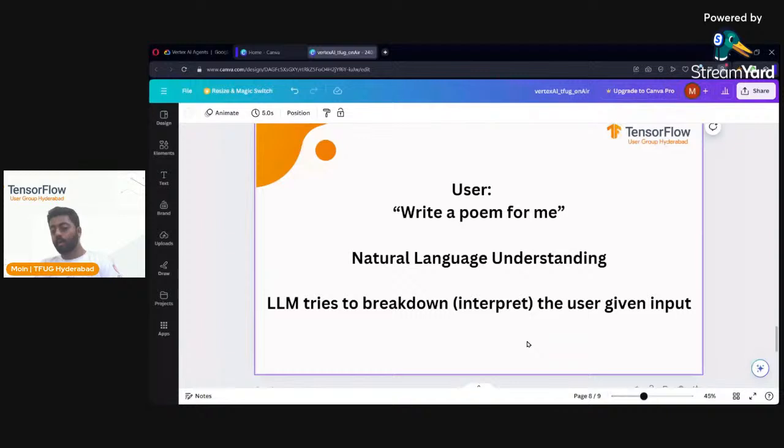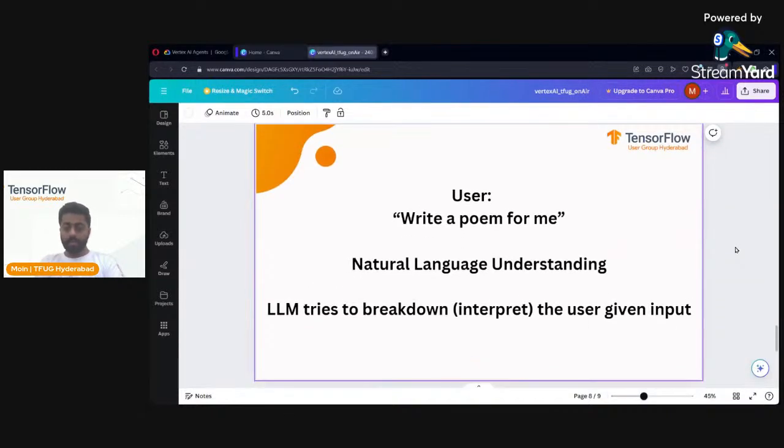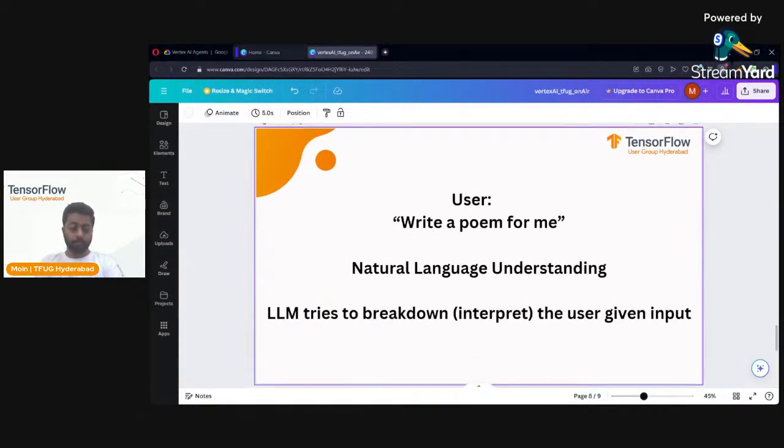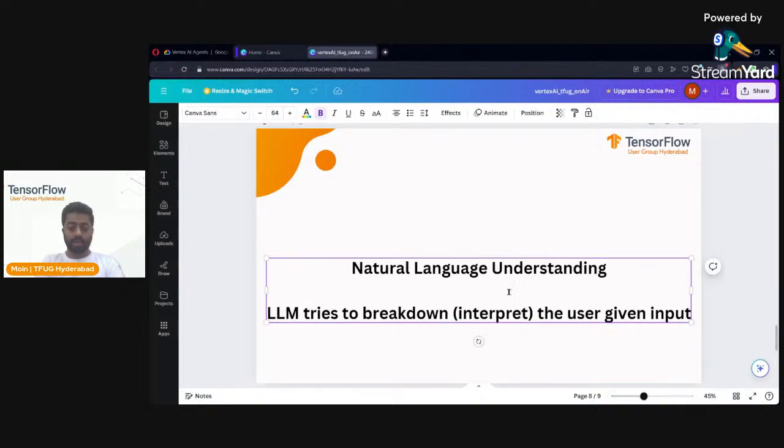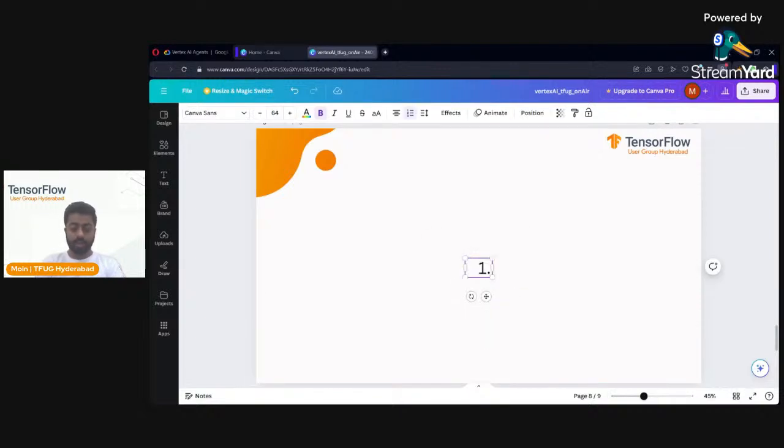Just like we give prompts, just like we give commands to Siri or Google Assistant or whatever it is, that is how it recognizes it. So number one being NLU, natural language understanding. I'll write it as NLU, and then comes